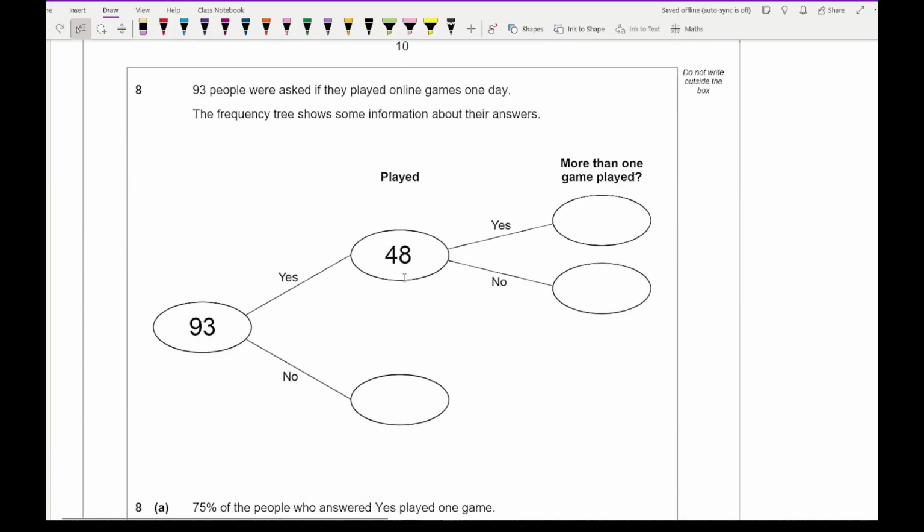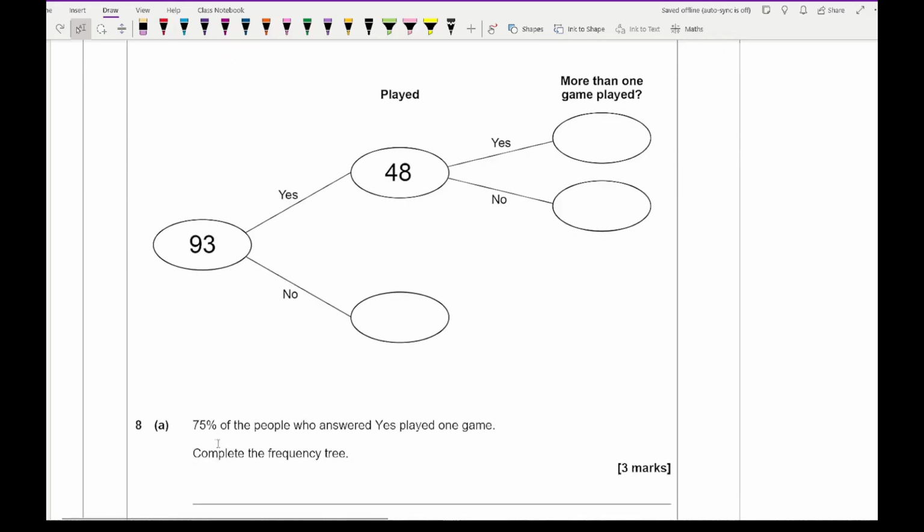Moving on to question 8, it says that 93 people were asked if they played online games one day. The frequency tree shows some information about their answers. For 8A, it says 75% of the people who answered yes played one game. Complete the frequency tree. So the first one I'm going to complete is this one here. To work this one out, I need to do 93 take away 48, which gives me an answer of